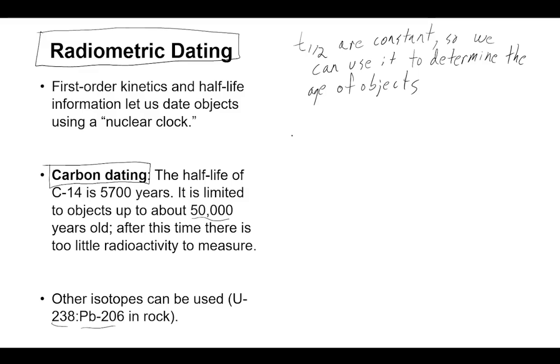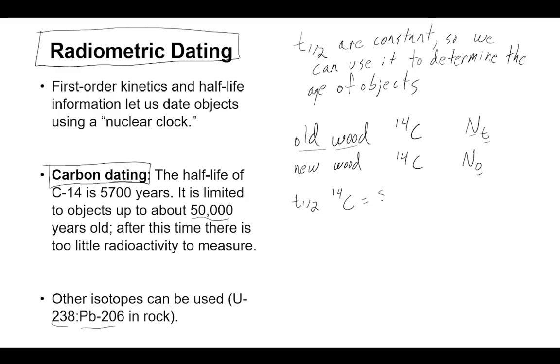Well, you could find some old piece of wood laying around, and you could measure how much carbon-14 is in that wood. And you'll say, okay, that is the number of nuclei N_t after some amount of time t that wood has existed. You can find a similar type of wood, but that is from a fresh tree, so it's new, and measure the carbon in that. And that'll approximate N0, right? When that old wood was actually new, what was the amount of carbon-14 in that? And then if we know the half-life